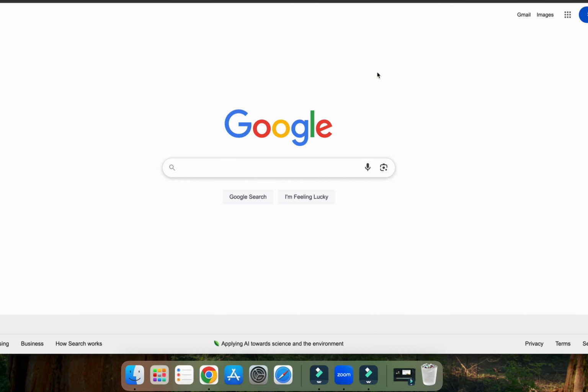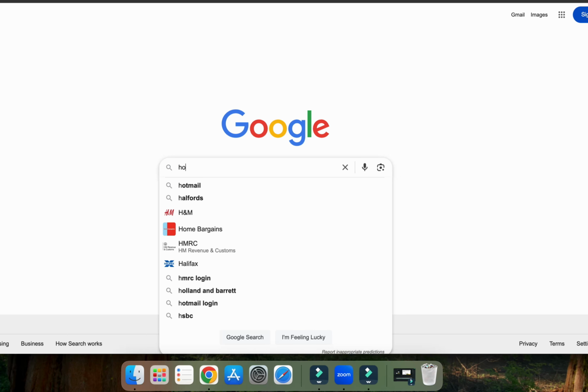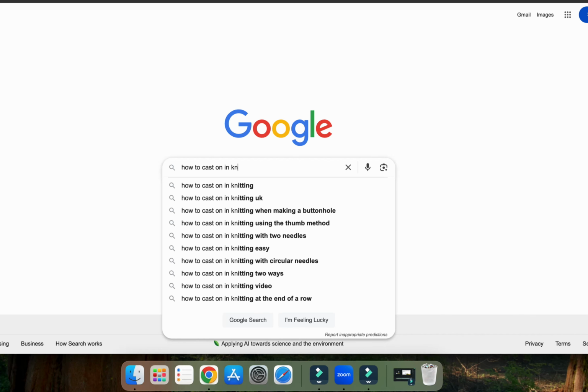So here we are in Google, very recognisable. So I know that you've probably all seen this, but may not be aware of how useful it can be. But when you start a search in Google, it generates things that it thinks you might be looking for, you might be interested in. So if I put in here, how to cast on in knitting, can you see how